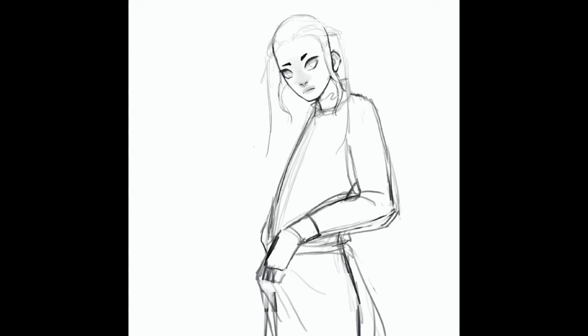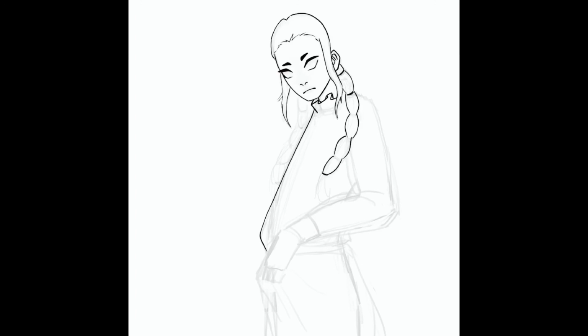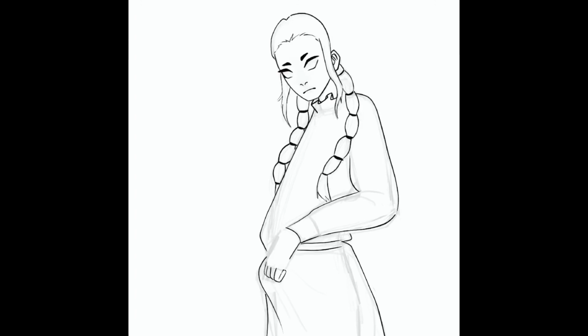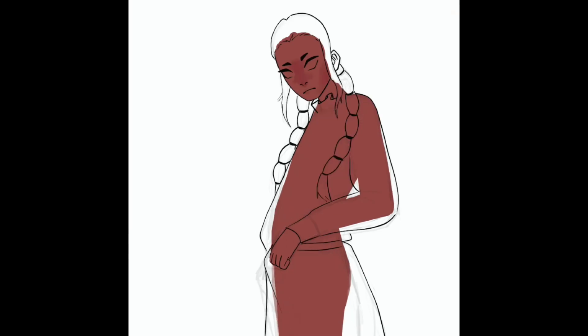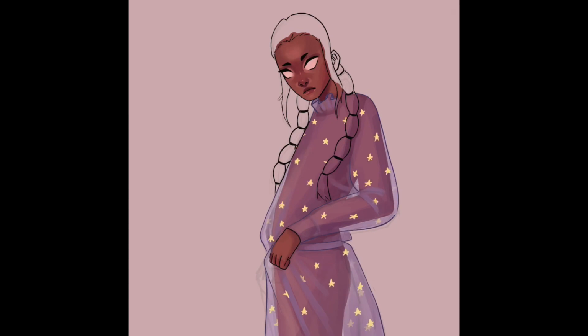Here I'm drawing the hair. I struggle a lot with that actually. I didn't know what to do with it, but decided on this sort of poofy pigtail type of things. And then here I started coloring in the body shape. Then I started drawing in the outfit. I wanted it to look purple because I wanted it to look sorta like a sleeping gown or something like that. So I wanted it to look dreamy and cute, and I added some stars to it to add to that